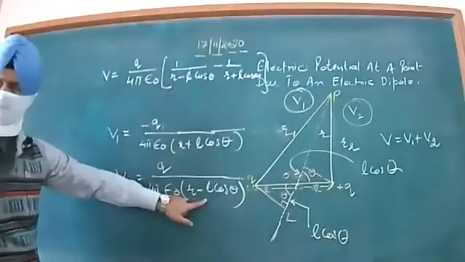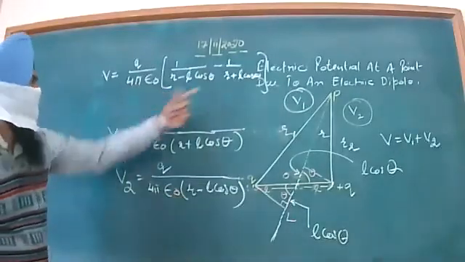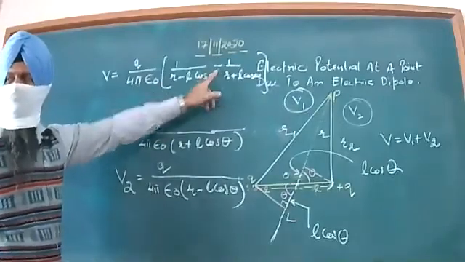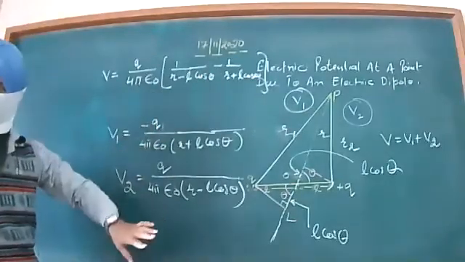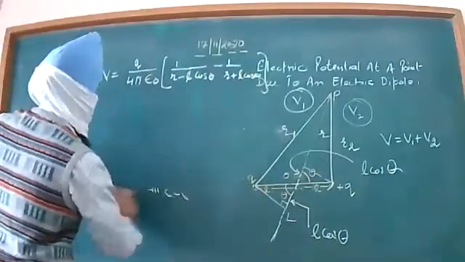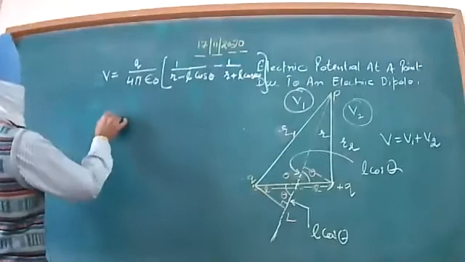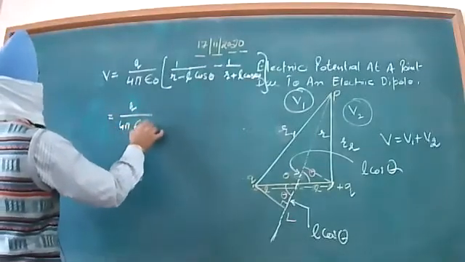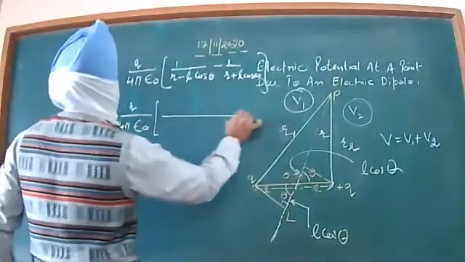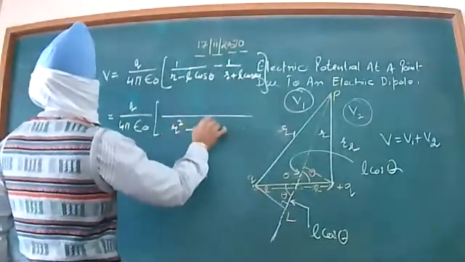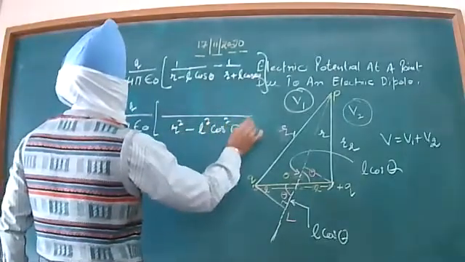The negative one has the larger denominator, and this negative sign is due to this, otherwise we are to add these. This is the negative sign with the charge itself. That is why it is appearing in the expression. So let us focus upon this calculation further. It is Q by 4 pi epsilon naught, and here I will have a plus b into a minus b, R square minus L square cos square theta.